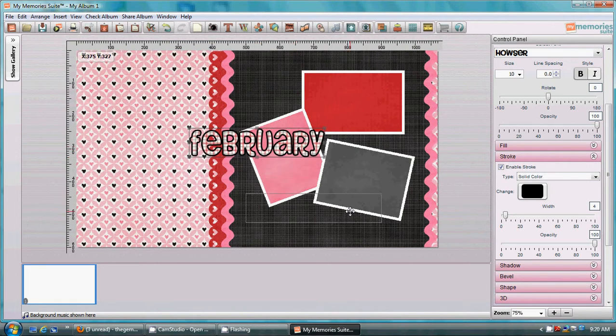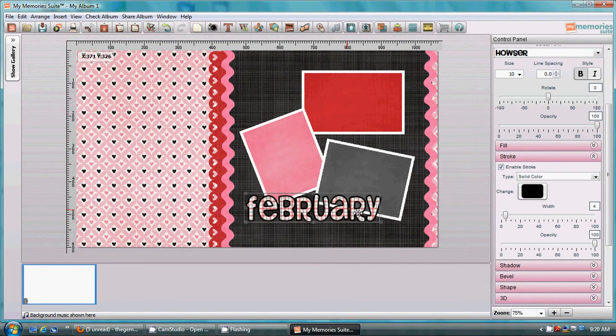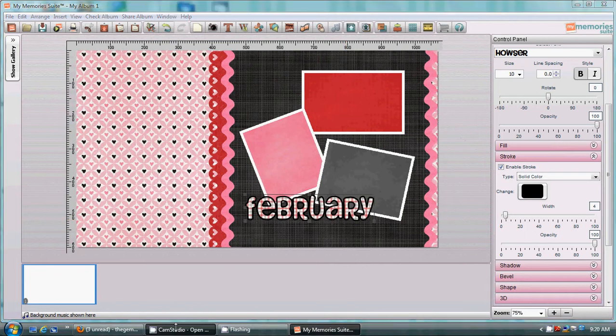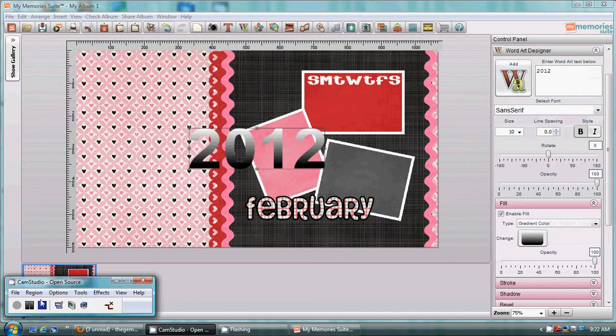Now I can adjust this by dragging this box. I can make this February whatever size I need it to be. I think right about in there looks good. Alright, I'm going to do the same thing and add a 2012 and the days of the week for my calendar. Alright, so I added in my 2012 and my